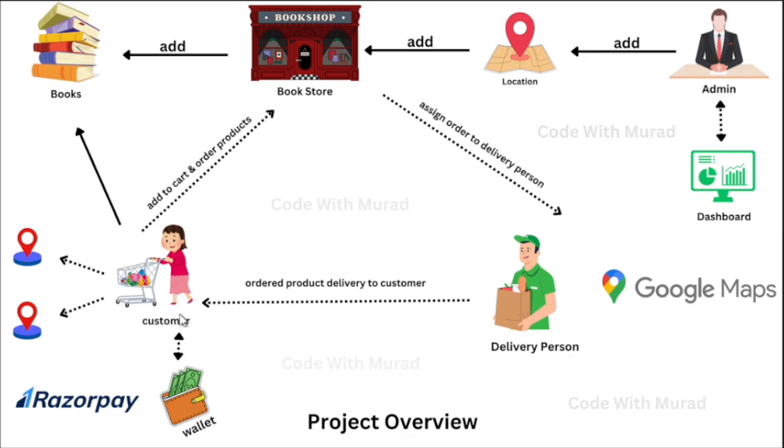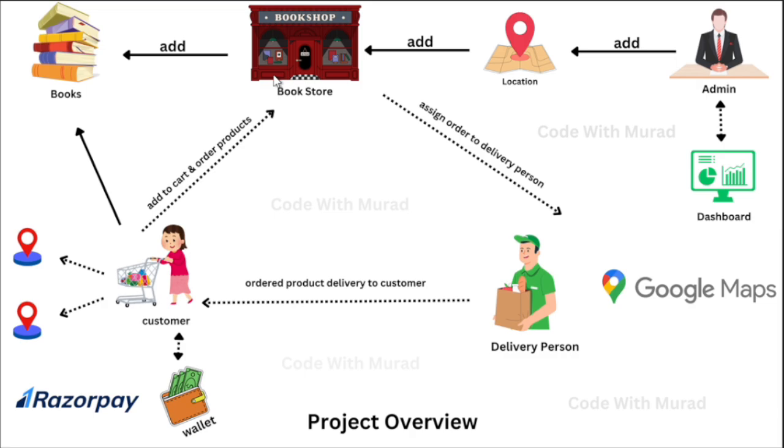So each customer will have a wallet, and the bookstore will also have a wallet. For a customer order, he has to add money to the wallet, and for adding the money, we have integrated the Razorpay payment gateway. So using a credit card, debit card, or UPI payment, he can add money into the wallet